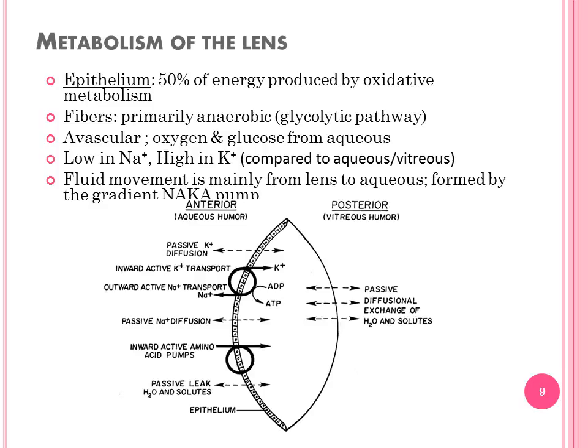What does that mean? No oxygen. So it's the same thing as the glycolytic pathway. So you can think of glucose, pyruvate, lactic acid. It only makes 2 molecules of ATP versus the oxidative, so it's anaerobic. So know that those are different between the fibers and the epithelium. Know that the metabolism of the lens